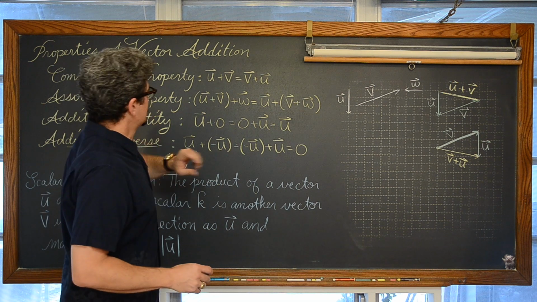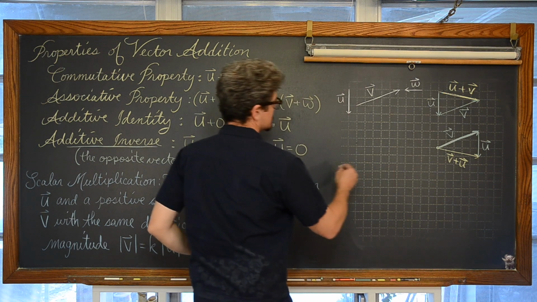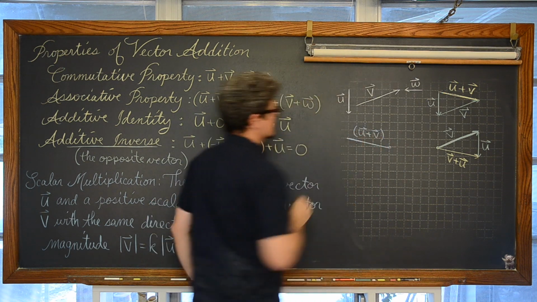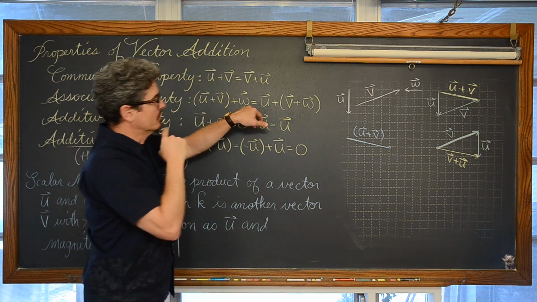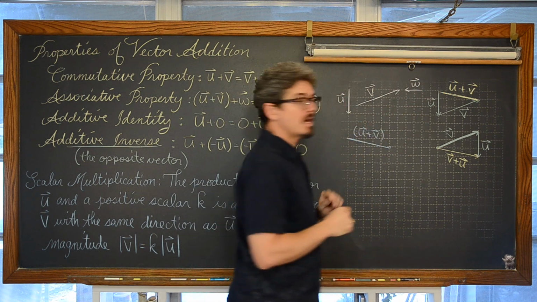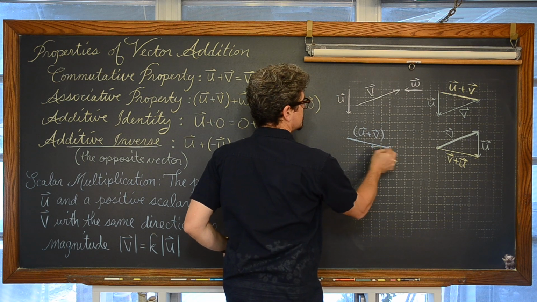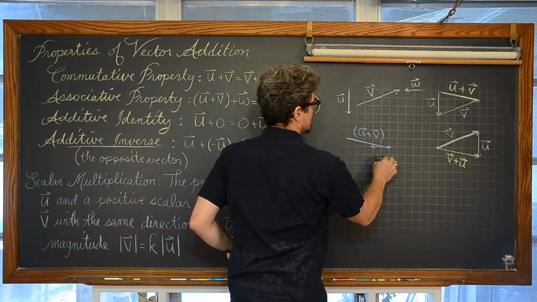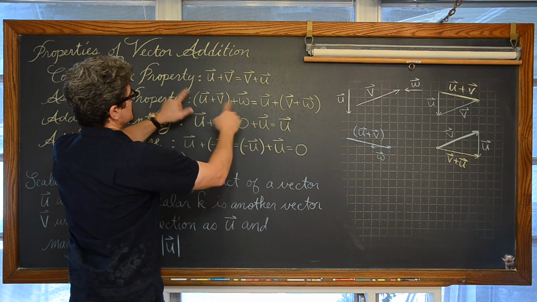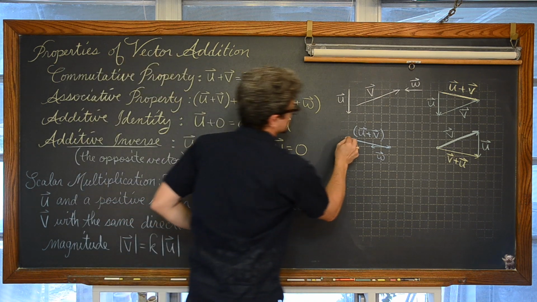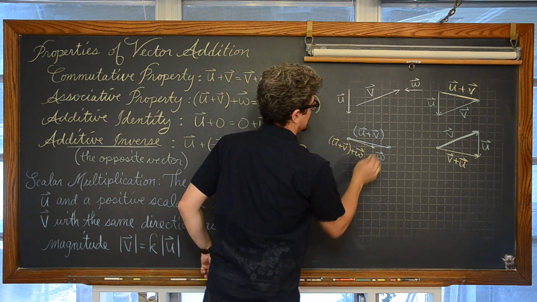Let's see if we can't do this really quick here. We have v, u plus v. We already know what that looks like. So if I do that addition first, okay, that's my resultant for my sum of vector u and v. Now if I add in w, which is to the left 2 spaces, so if I go back, oh, this is going to be a little bit of an ugly picture here. So this is w. My sum of u plus v plus w is a vector from the first initial point to the last terminal point.